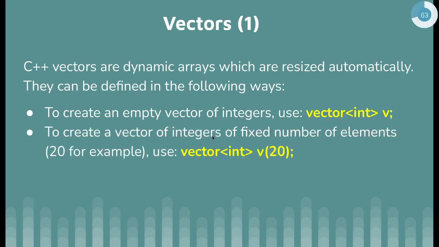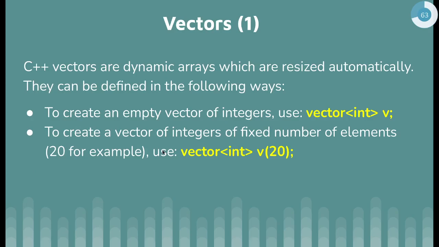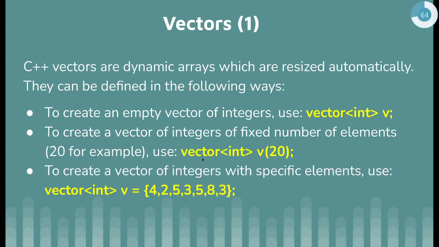Then you can also define this vector with a size of 20. Basically, this will create a vector of 20 zeros, of integers, long longs. If you define a vector of a certain size of other types, it will create some other values. But the important thing is that you already reserve 20 slots for this vector. And you can also write the elements like you do for a string.